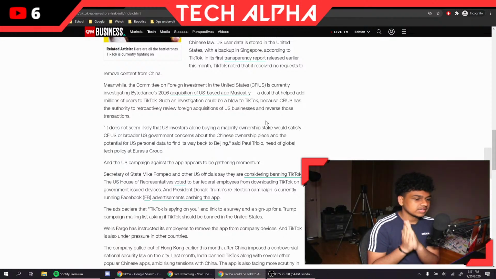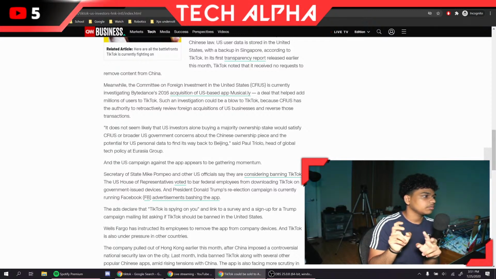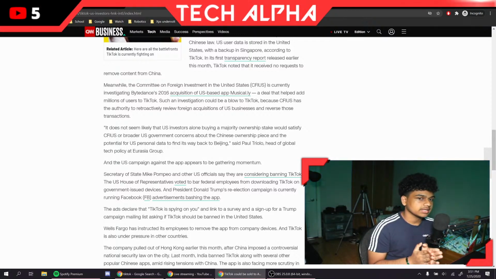So if they investigate this acquisition and they're like, okay, this is sketchy, we don't like the fact that TikTok is owned by a Chinese company and they took all our US users from Musically onto their app, and they think there is some sort of security threat, they can apparently reverse those transactions, which means they can take away all the users that ByteDance bought from Musically. So I guess what they're saying is we can take a few million users out of your platform.